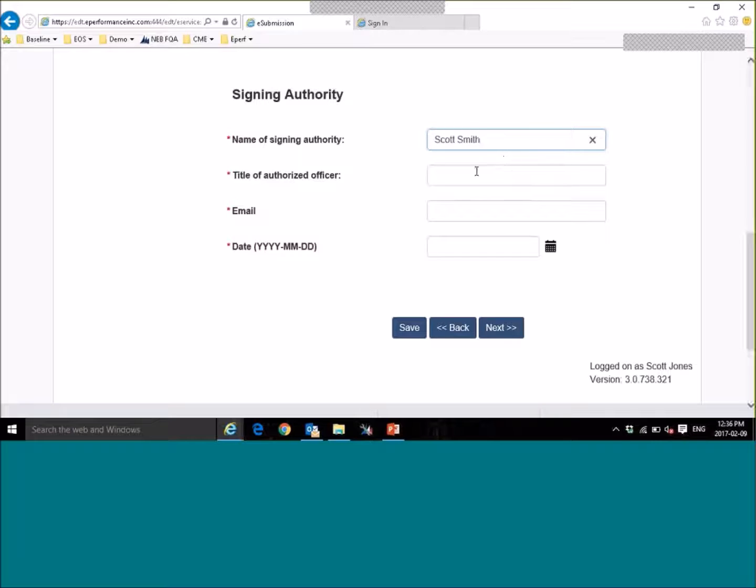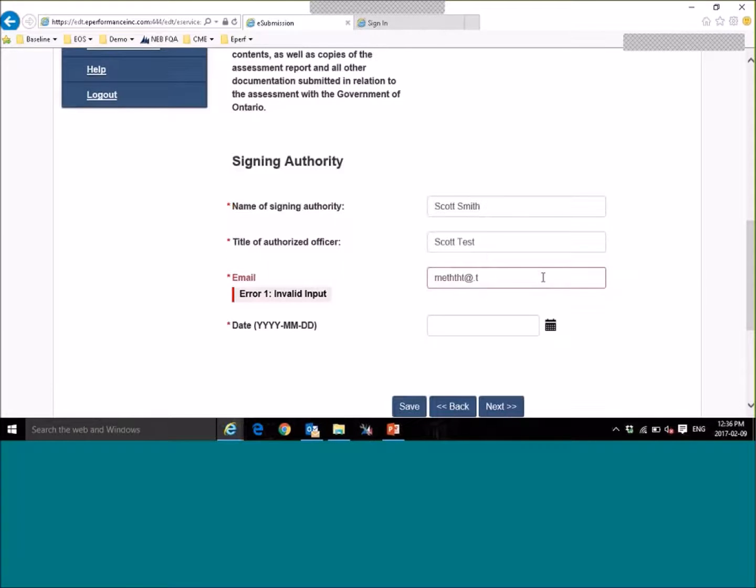So I will just enter some random data. And we'll see that there's some validation on this as well. If I tried to put in just a random email that wasn't formatted correctly, it would warn me with the web validation that it's an invalid input, and then I need to correct my input to be